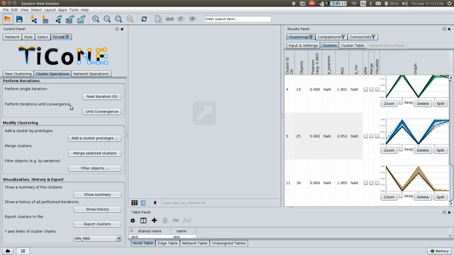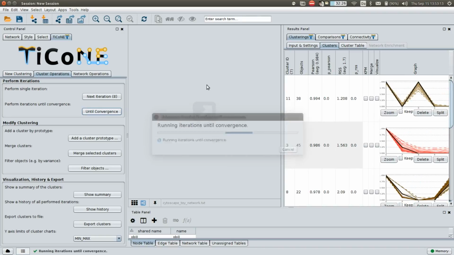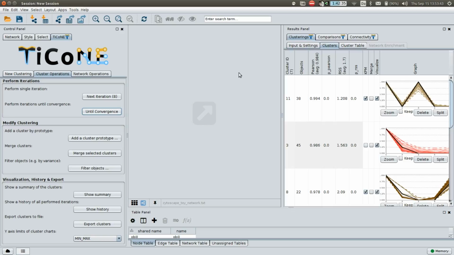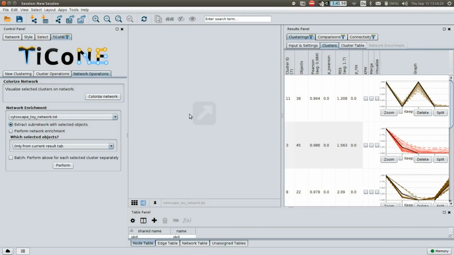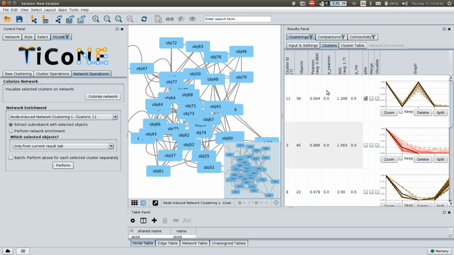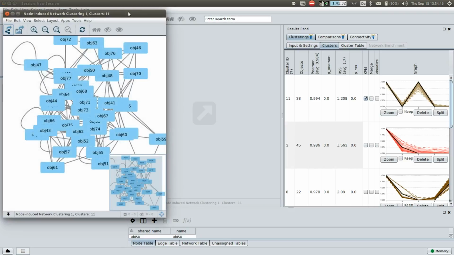Now, as I already said, we can do either one single iteration, or we can perform iterations until the clustering converges to a stable clustering. That means that it does not change anymore. Additionally to colorizing the resulting clusters on the network by picking the colorize network function, we can also perform a network enrichment analysis. The first approach simply extracts the node-induced subnetwork of the total network, depending on which clusters we pick here. For example, if we select cluster 11 in the KPM column, and we perform this network enrichment, it will extract this cluster from the overall network,